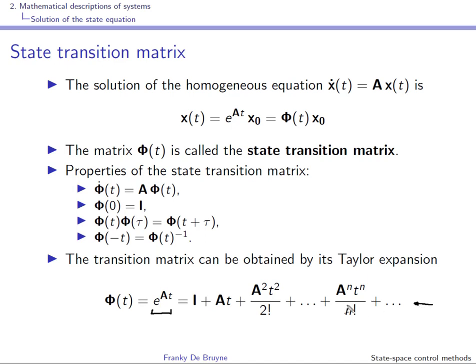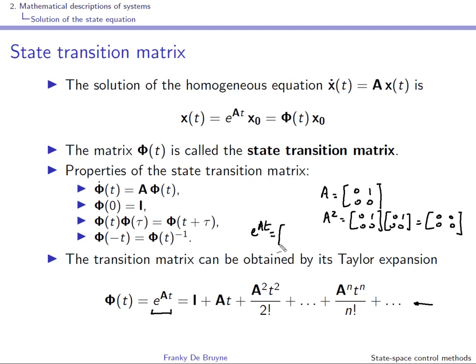Okay, it might not look very handy because it has an infinite amount of terms, but for some matrices, for instance, A equal to [0, 1; 0, 0], this might come in handy, because if you look at A squared, which is [0, 1; 0, 0] times [0, 1; 0, 0], you will see that this is the zero matrix. Okay, so for this matrix over here, the exponential of At is simply the identity matrix